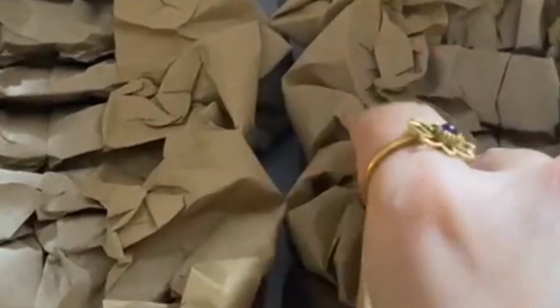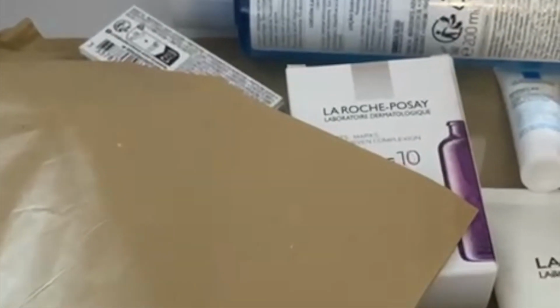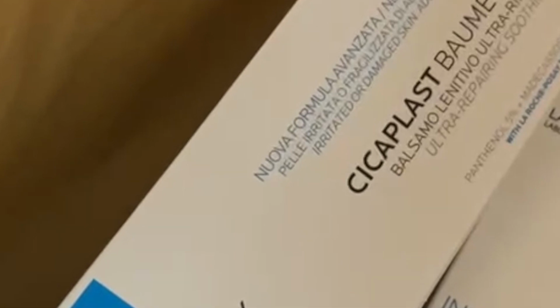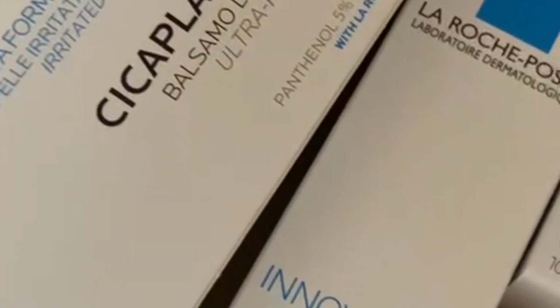Today I'm so excited to introduce a really good brand of skincare which really worked on my skin, and literally I can tell you that this brand really worked within one day and I saw the results. And yes, it's none other than La Roche-Posay, which is a brilliant brand, and it really improved my skin condition